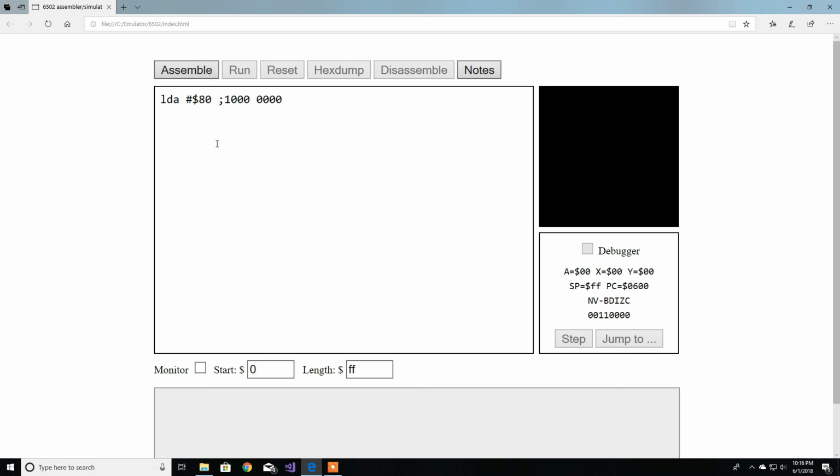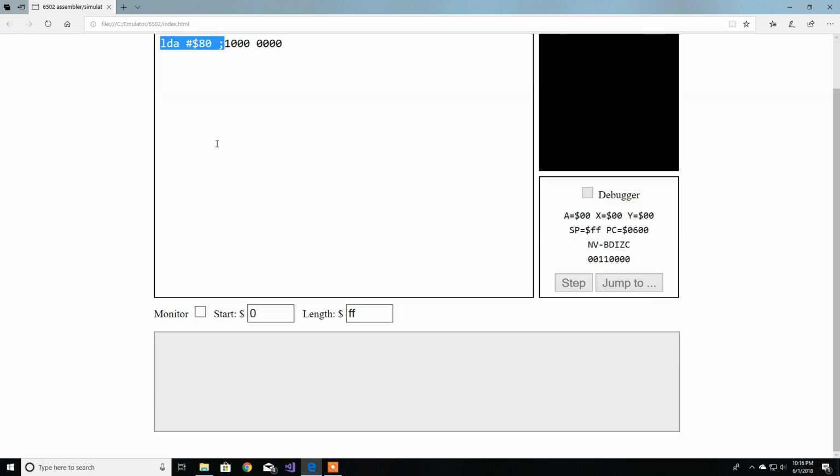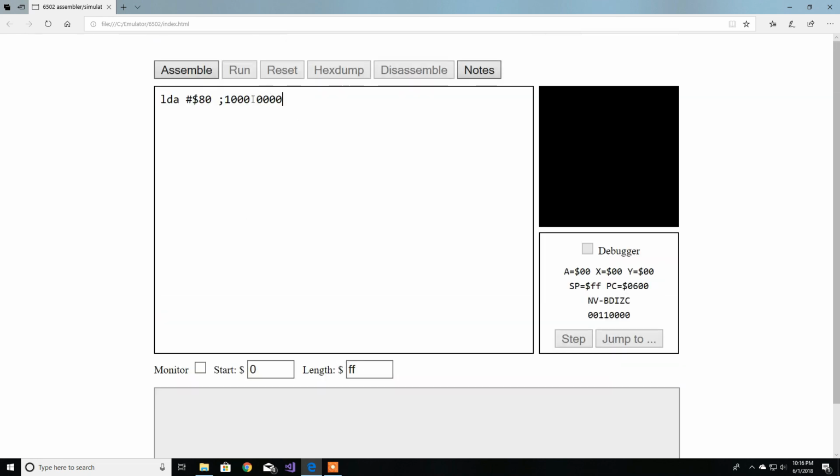And by the way, I don't know if I mentioned this before, but this is a semicolon. Everything after this is considered a comment, and comments are not part of the program. The assembler is going to ignore this; they are for us humans to read. So sometimes somebody will put a comment over here, like, hey, this is 80 hex or something like that. Well, not that obvious, but just to let you guys know. So this will be this value in binary,